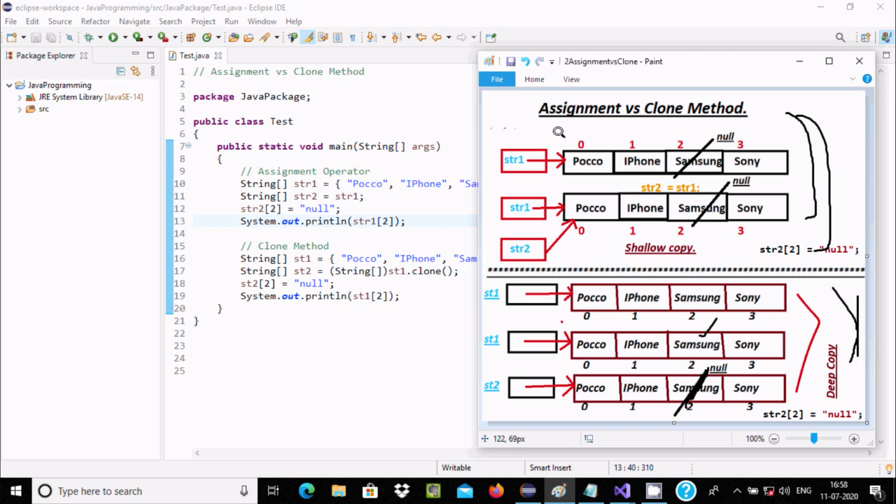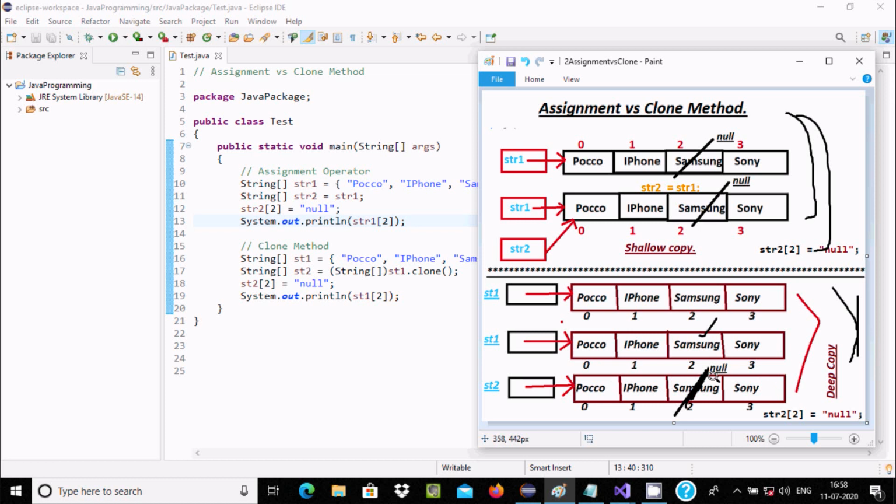So the assignment operator performs a shallow copy, and the clone method performs a deep copy. The assignment operator does not create a new array; the two variables refer to the same array element. And the clone method creates a new array, copying, and at this place it creates the new array and stores the new array element in st2.